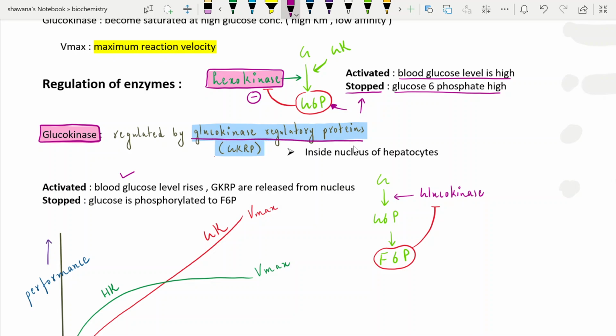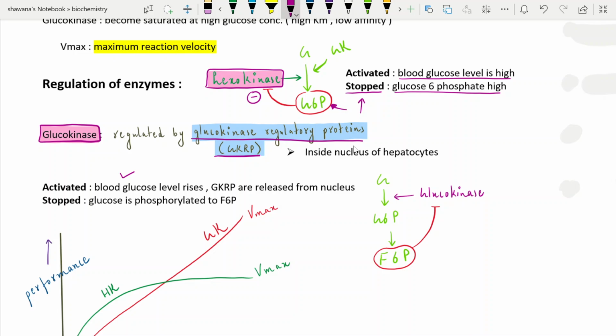regulatory proteins. Okay, and glucokinase regulatory proteins are very important. These are present inside the nucleus of hepatocytes. Why are we talking about hepatocytes? Because glucokinase works in the liver, right? And the liver cells are hepatocytes. Glucokinase regulatory proteins are present inside the nucleus of hepatocytes. When the blood glucose level rises to a very high amount, these proteins are formed by the process of central dogma, right? These are formed from the transcription of the DNA to messenger RNA and translation from messenger RNA to proteins,